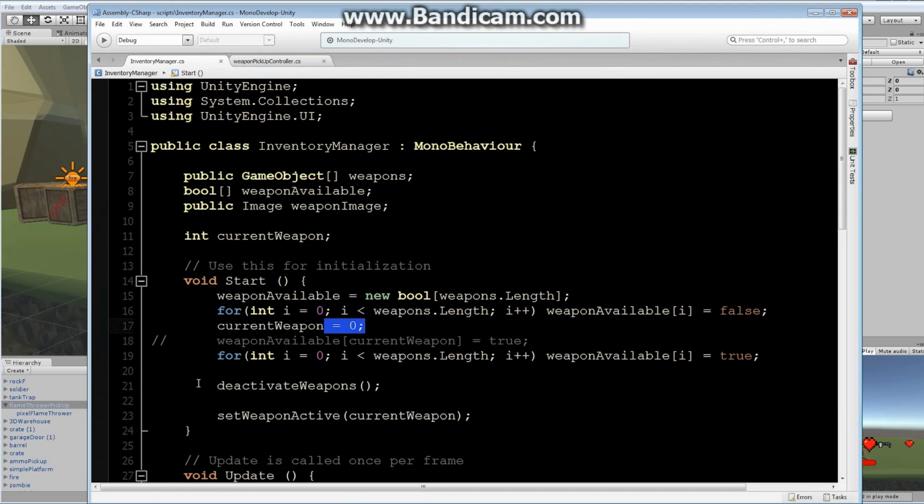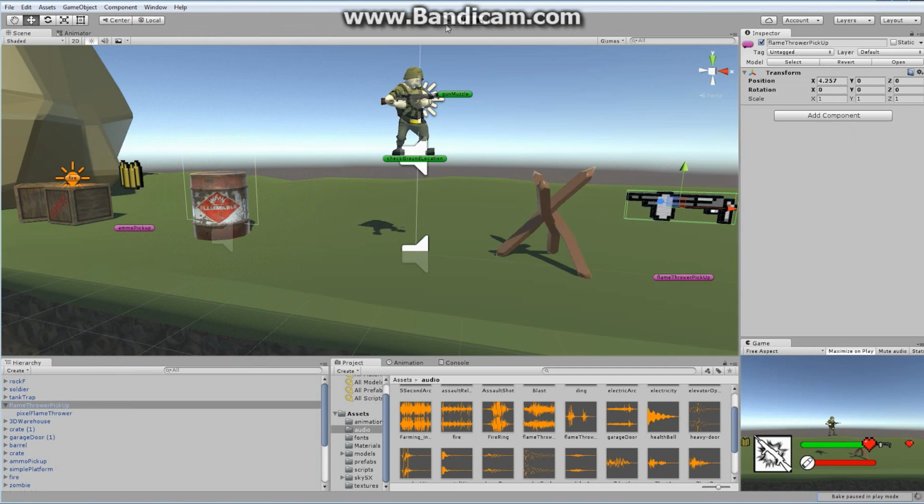So I'm going to come in here, and I'm going to turn this code back on. I'm going to take the comment out, and I'm going to comment out the for loop. Basically, I've gone through and turned all my weapons off. I've set my current weapon equal to 0, which is my assault rifle, and I made that weapon available. So I actually changed the starting state of my available weapons to true. I've commented out this one here where all my weapons are true. So if I save the file now, come back over here and hit play,